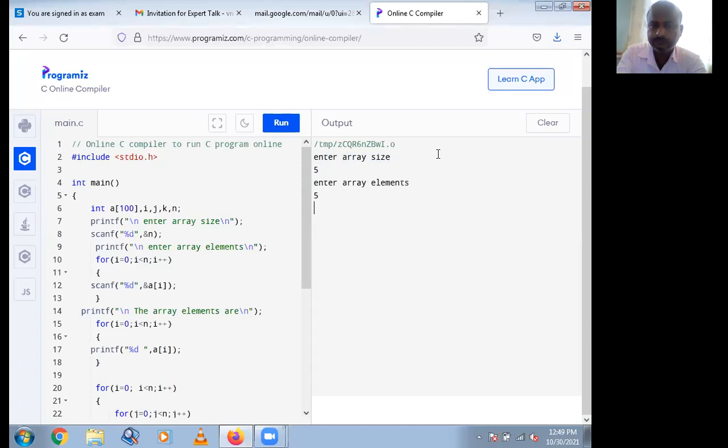Suppose 5, 2, 4, 3, 1. See the output. The entered elements are and the sorted array.